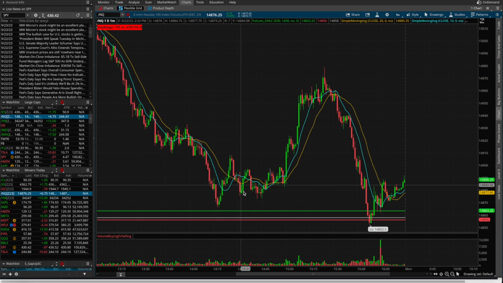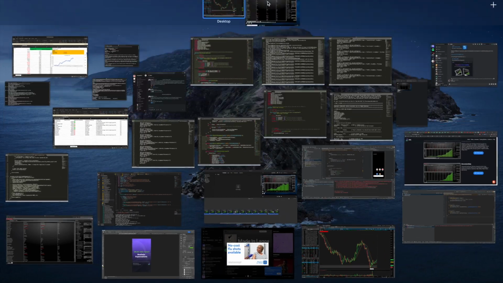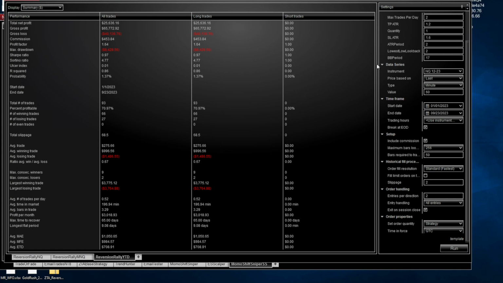The expectation there is for price to move back to the mean or the average price, right? So price really doesn't just go straight down or straight up forever. It tends to go down or up for a while, and then it tends to retrace and revert back to its mean or its average price, right?